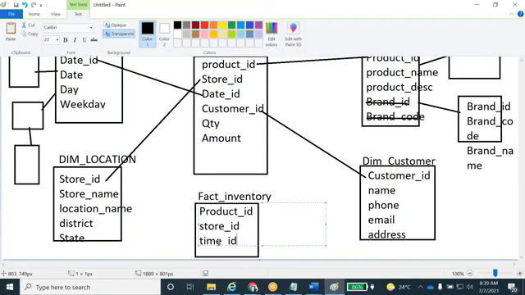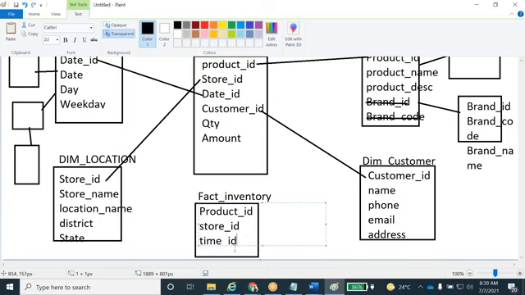How much stock is there, how much the store guys ordered in purchases, all that information is none of the business of the dim customer. If it's out of stock, it's out of stock. That's why we are not using an inventory join here.